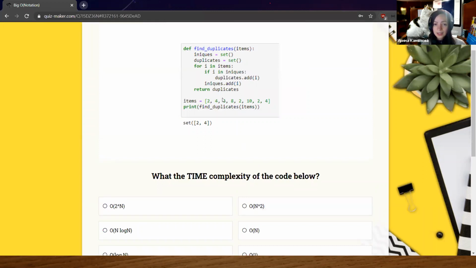Find duplicates. Now we again have a set, but also a set of unique elements. If we put elements in the unique set of elements, and if we see that they already exist in unique elements, we add it to duplicates. And time complexity is linear,